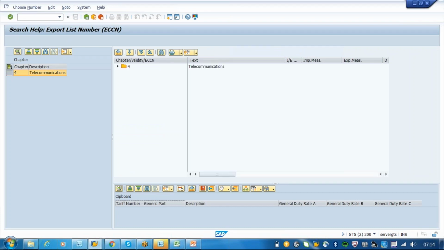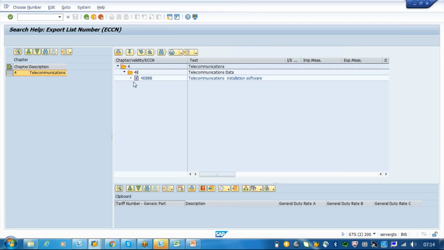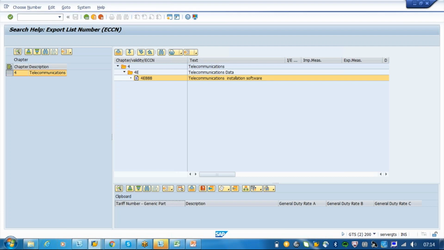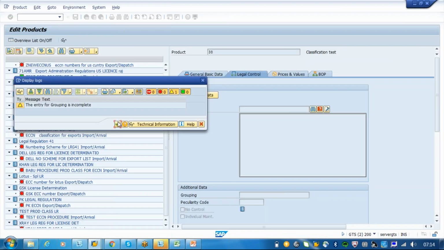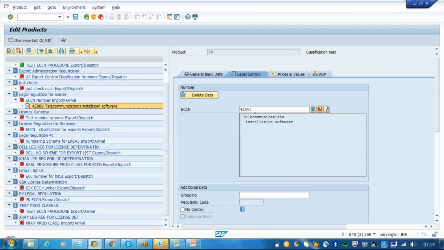Yes, see here, based on the assignment, the system has found this. This is the number that we assigned. The system has identified this material and it was assigned here. This is the ECCN number. Based on your legal regulation, when you are exporting a material, the legal regulation will play a major role. So to that legal regulation, we have assigned the ECCN number. Now what the system identifies, when we are communicating to the customs, is the ECCN number, or export control classification number. So you are exporting from this US region. This is the classification that we have to see. This is the first method.